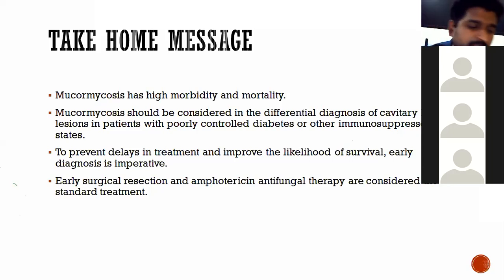And the point that I could see in the newspapers is "black fungus." Actually, it should not be called a black fungus, because black fungus is a misnomer. Mucormycosis, mucor, is not a black fungus. Black fungus is a different family of fungus which can produce melanin pigments. I don't know how they came to give this name to mucormycosis, just because it causes a blackish discoloration of the skin. I don't know why they are calling it a black fungus, but definitely it should not be called a black fungus.